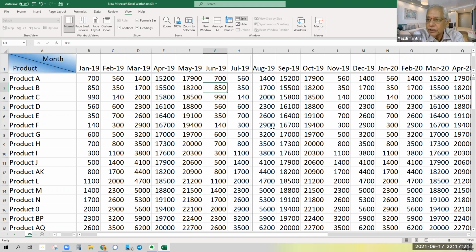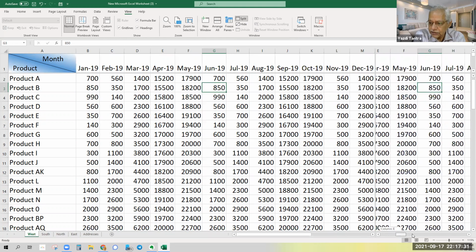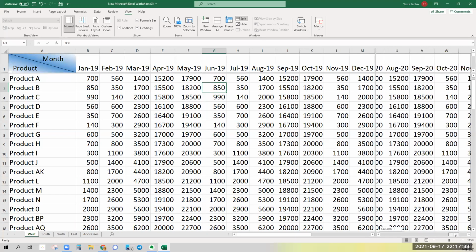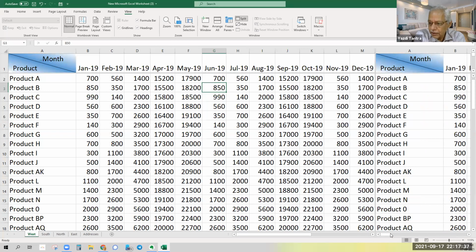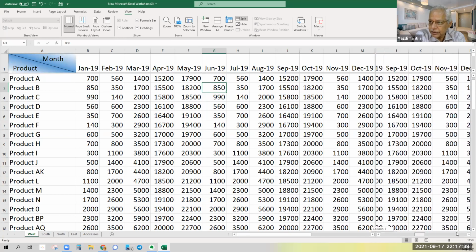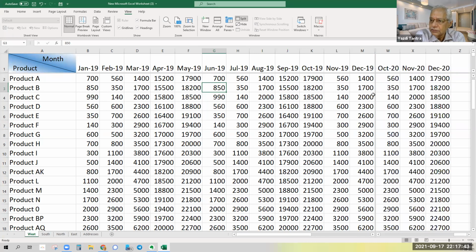So what did I want to do? December 19 with December 20. So I split it here. Now, if you see, there are two sheets down below. Can you see? This is independent and this is independent, although they are the same sheet. So I want to see now December 20. So I come here, bring December 20 here.